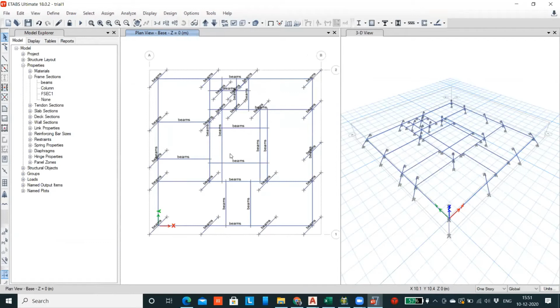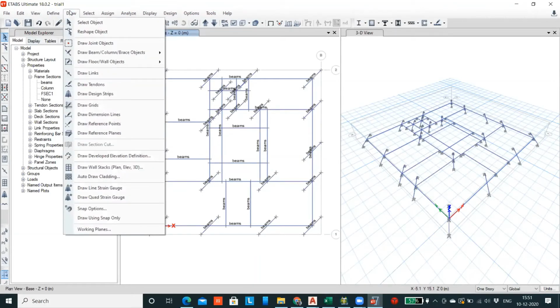This is at the bottom floor. First, I have to replicate this, or I have to click on draw. Draw is better. Then go to the draw option.